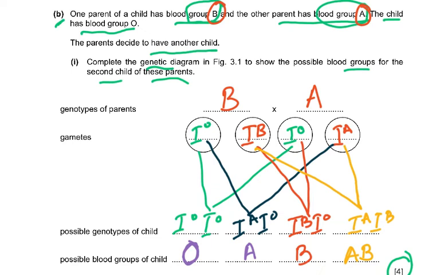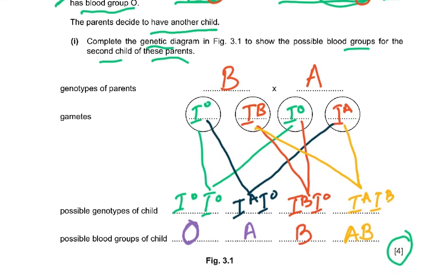So the question they've asked you is first to complete the genetic diagram. This was for 4 marks. So what are the 4 marks for? Well, these genetics questions are marked per line. If you got this line correct, 1 mark. If you got this line correct, 1 mark. This line correct, 1 mark. And this line correct, 1 mark. So genetics questions are like maths. You can get full marks in them, but you've got to get it right.